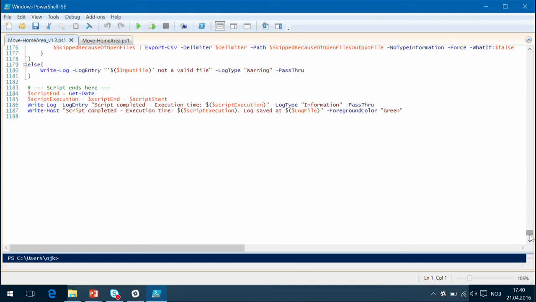You can reduce it, of course. Yeah, but the point wasn't to get the line number down. But this is what happens, because if you strip out all the help, all the error handling, all the logging, of course you are down to 300 lines or whatever, or 500. So a lot of it is to make sure that you handle the errors and you write all the logs and you have comment-based help on all the functions and everything.